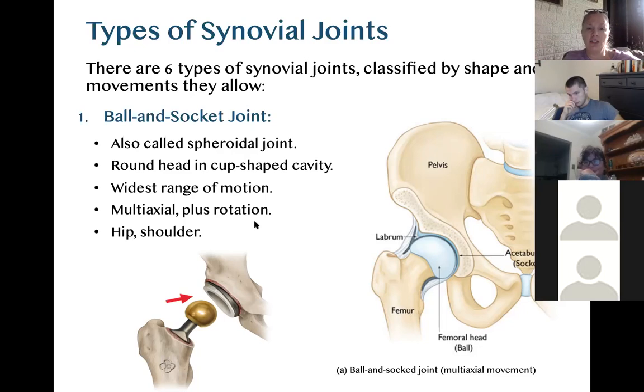These are also called spheroidal joints because of the ball end, and they fit into a cup-shaped cavity. As you see here, you have the head of the femur fitting into a cup-shaped cavity of the acetabulum